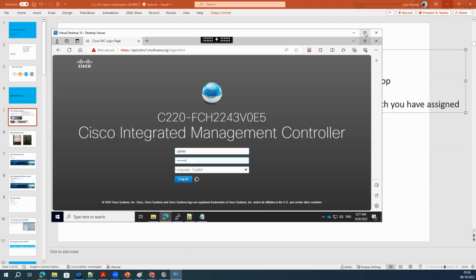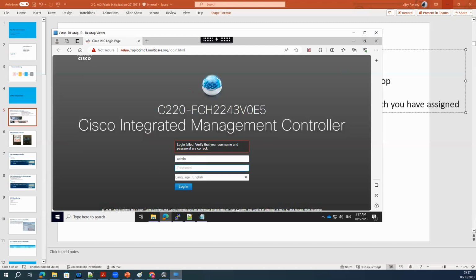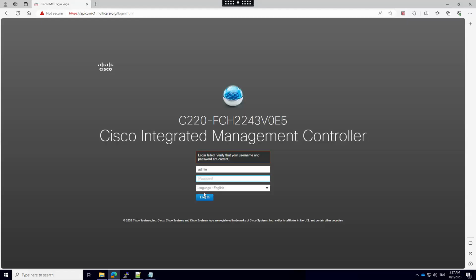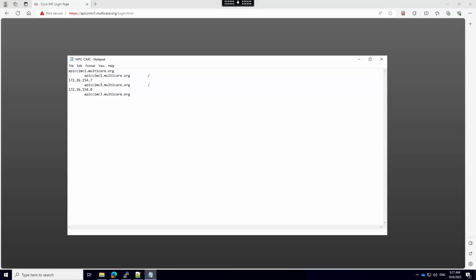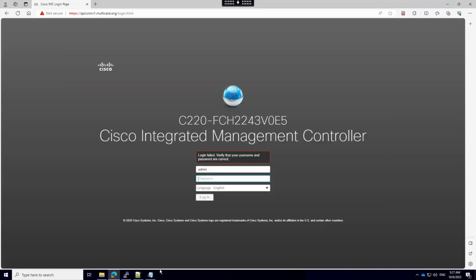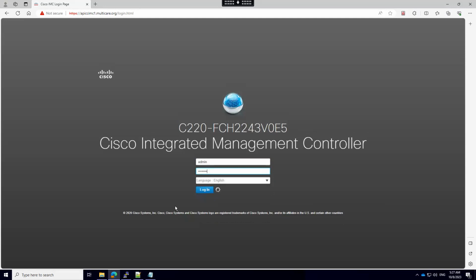So CIMC is nothing but a kind of ASDM-like software, pre-installed to access the server, right? And it has all its versions. Yeah, you can say that it's SDN stuff, but it has its own version, and the baseline controller has its own version.